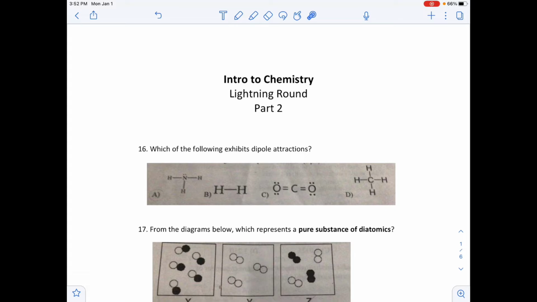So, for a structure to be polar, it either has to have a lone pair or the surrounding elements or compounds have to be the same. So, when we look at option A, we see that there's a lone pair, meaning that it's polar. And that means that option A is our answer, but just to be sure, you can look at the other ones,